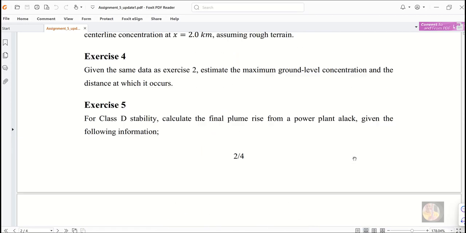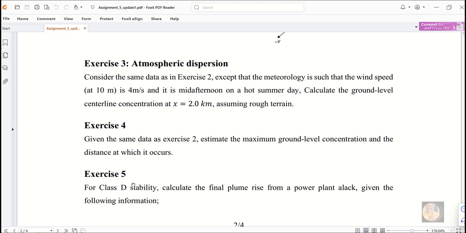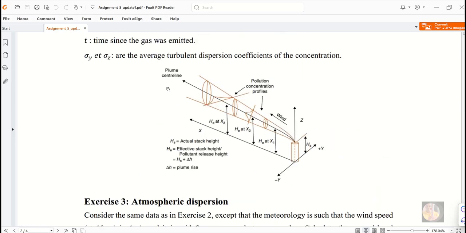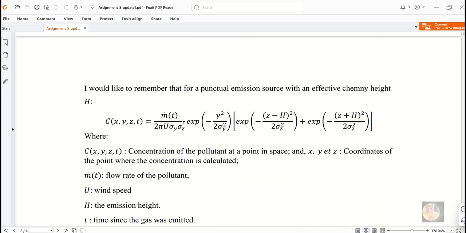In this exercise, number 4 is asking you to calculate the ground level concentration and the distance at which the maximum ground level concentration occurs. Okay, for example, if you ask me where is the maximum concentration at the ground level, you will suppose that